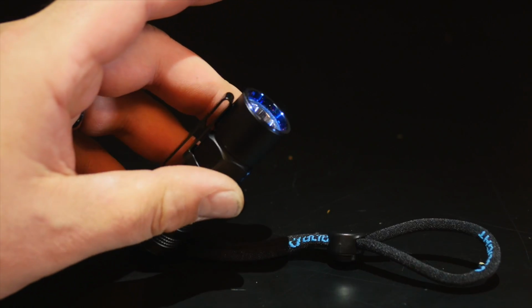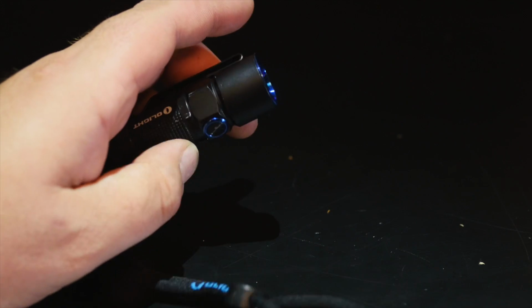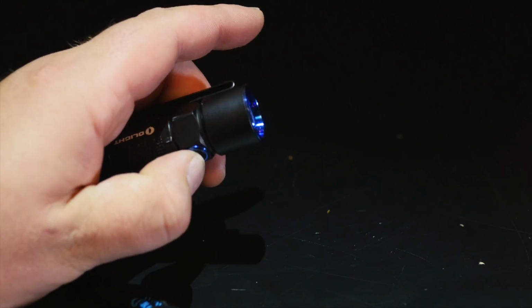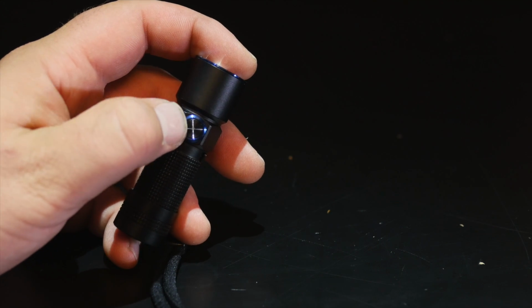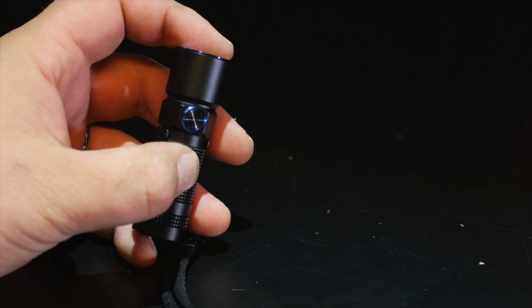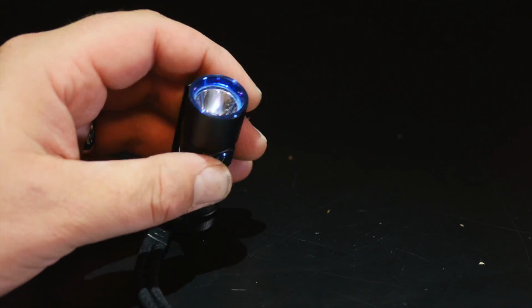And this also has a lockout feature, so if you didn't want anyone to mess with your light, you can lock it out. You just hold it down, you'll see the Moonlight turn on and then off, and now it will not turn on. One thing I wish they would have done is add a little red indicator there. It already shows up red when the light's dying, so if it was locked out, I think that'd just be kind of handy. But to get it out of the lockout, you just hold down again,